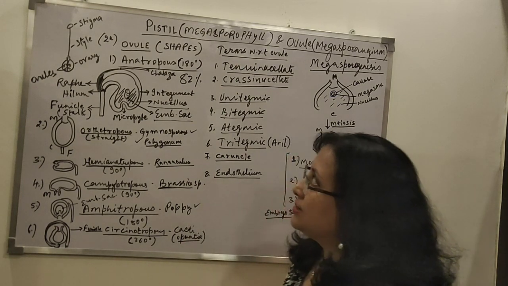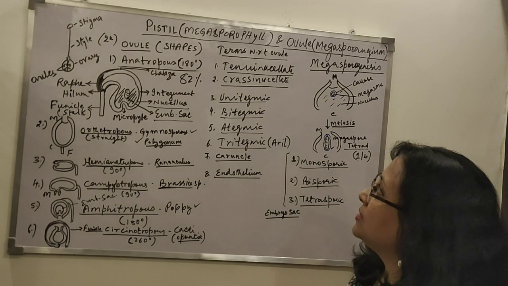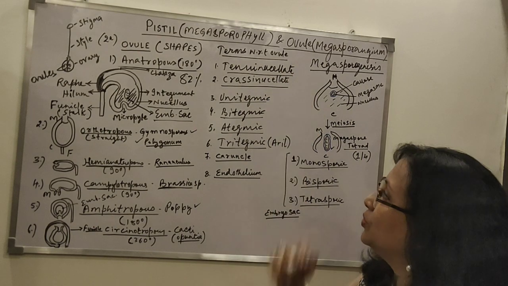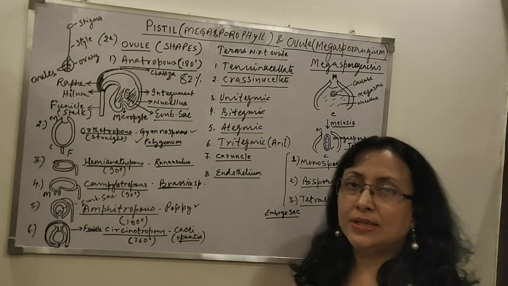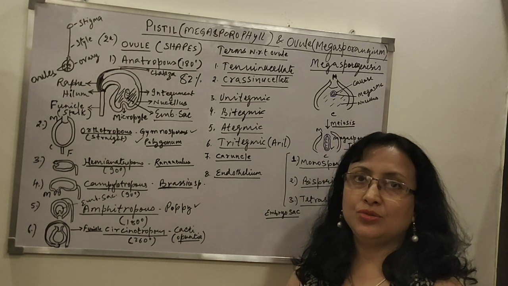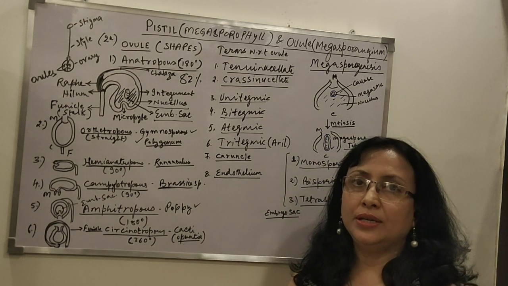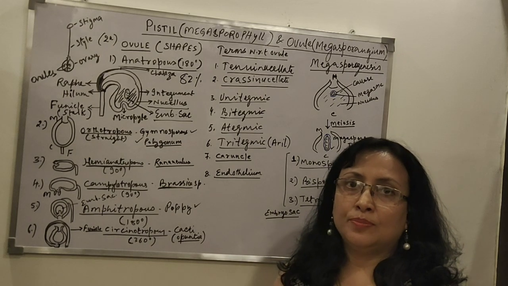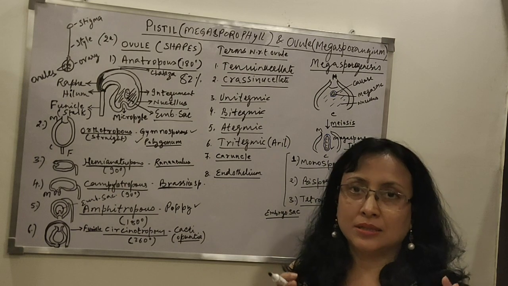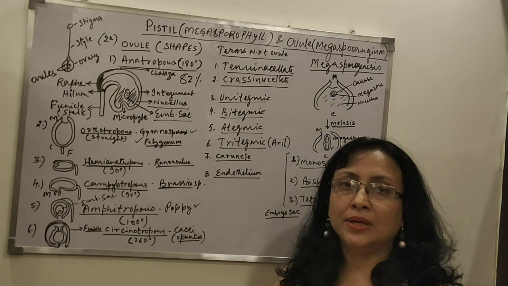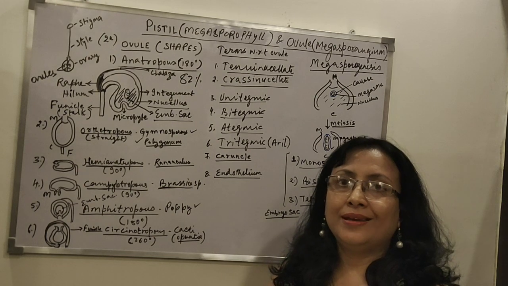So finishing this part, that is the shapes of ovule, we go to the terms. There are certain terms with respect to ovule, we can discuss those. Like first, tenuinucellate, there's a term, tenuinucellate. Now this term refers to the ovules which have very ill-developed or poorly developed nucellus. If the nucellus is not well developed, it is less, then it is called tenuinucellate ovules, and these are found in the